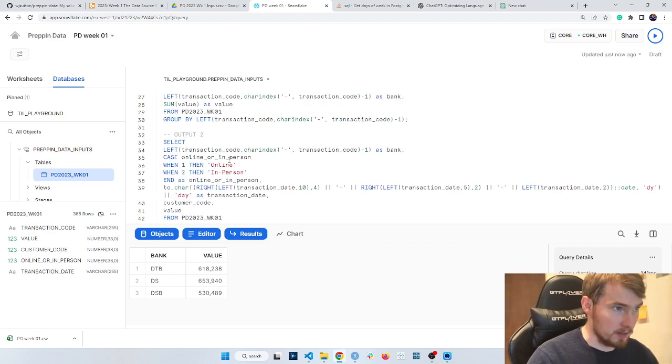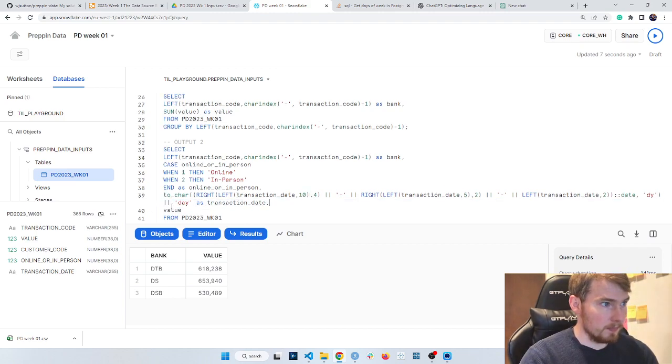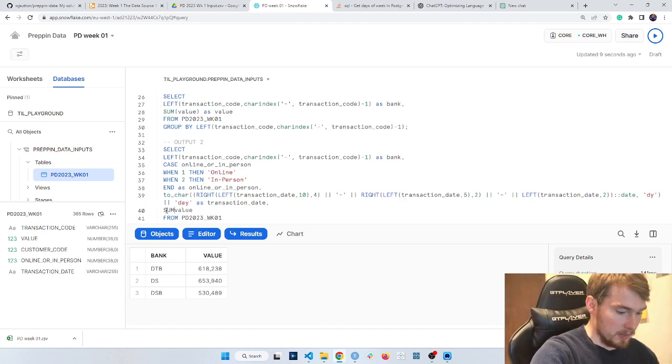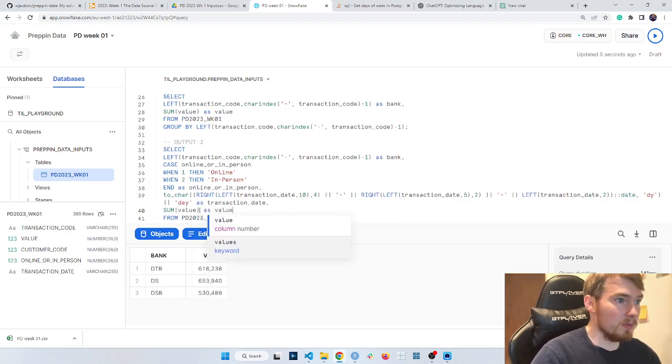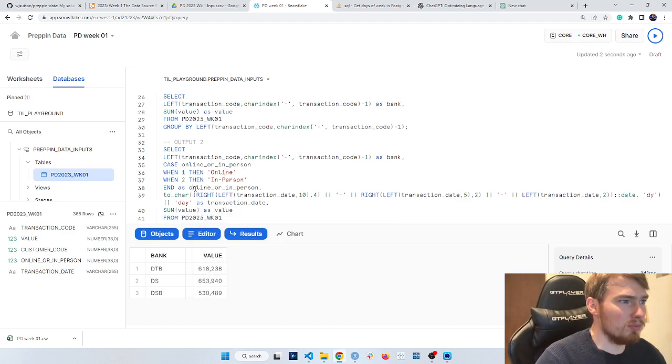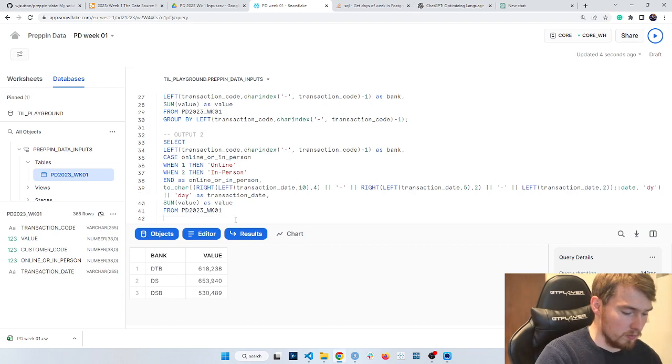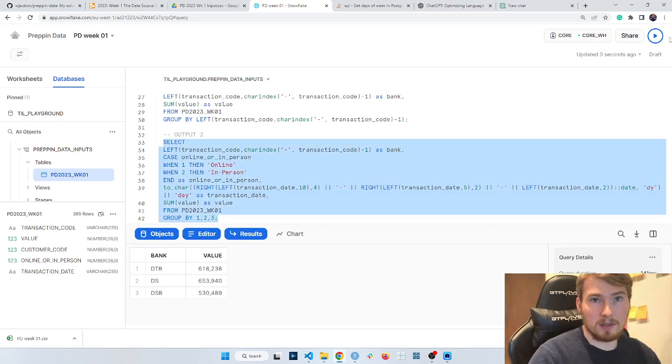So I'm going to do the same again and sum my value as value. In this case, I will do the group by. Group by again, you can see it, I'll show it to you: 1, 2, 3 in this case. So I'm going to highlight this bit and